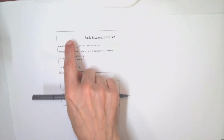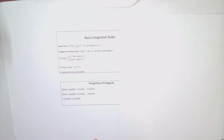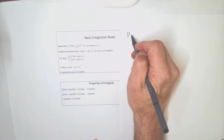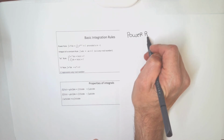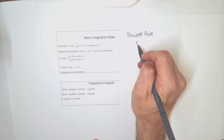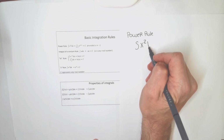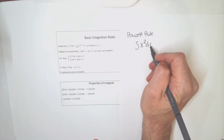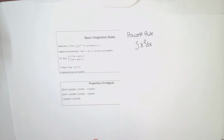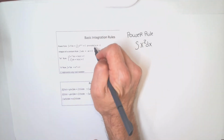There are only 4 rules for integration, and then there are some properties of integrals that will allow us to apply the rules. If I look at the rules for integration, the only rule that allows for a variety is the power rule. The power rule says if I'm given x to some power and that power is not -1,